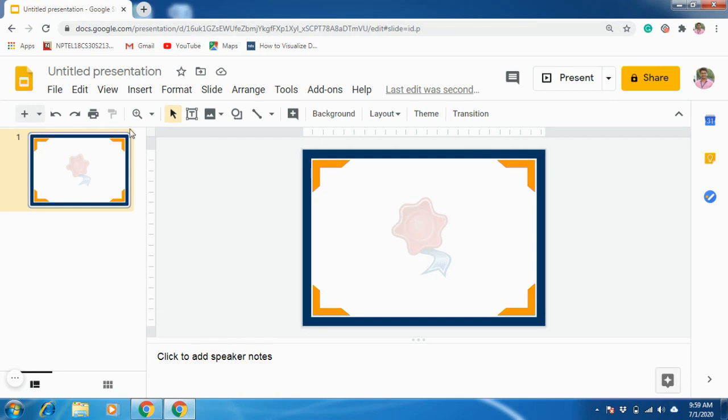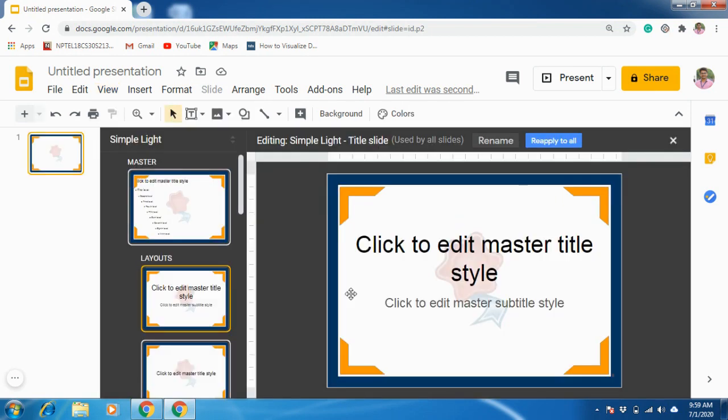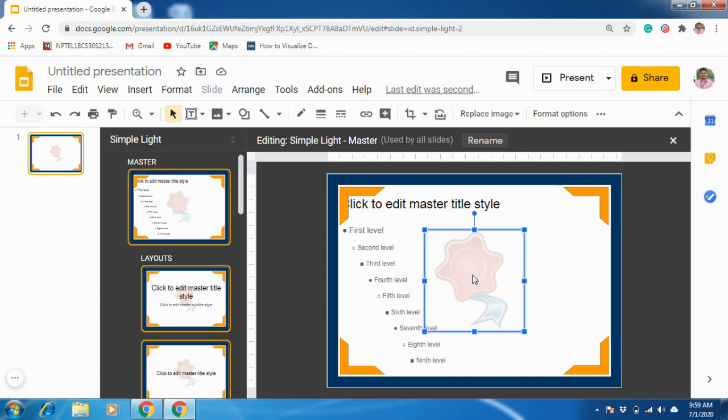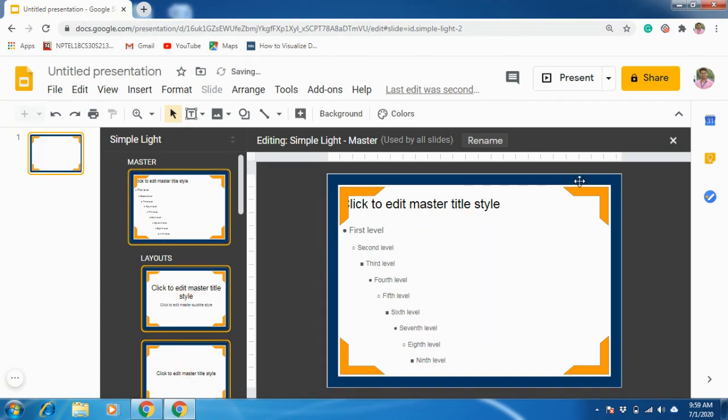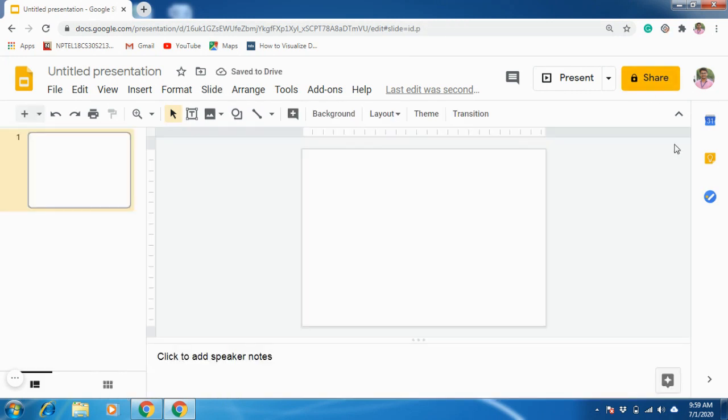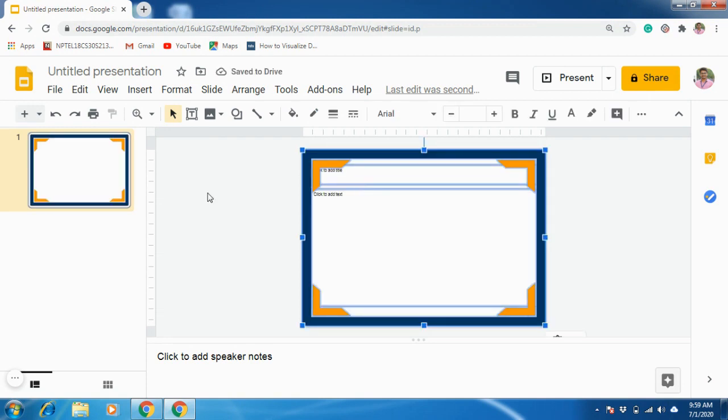Okay, so let me go back to the master slide. Let me select the master slide. Let me remove this. Okay, let it be here. Let me remove this and let me select this. I am using the Control A option, that means I am selecting everything which is in the master slide. Control X, and going back. This is not required, I'm just trying to create another layout. For that reason I'm taking the frames back, Control V. Now I don't need these text boxes, remove.